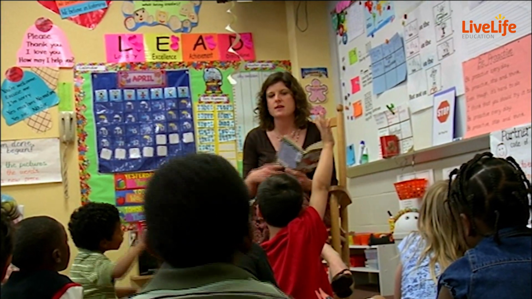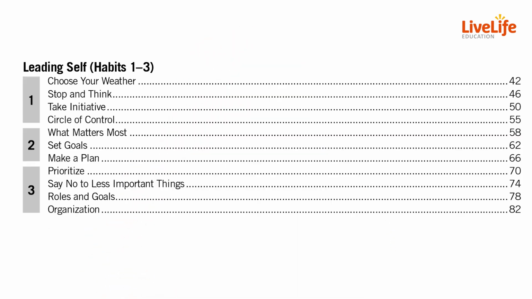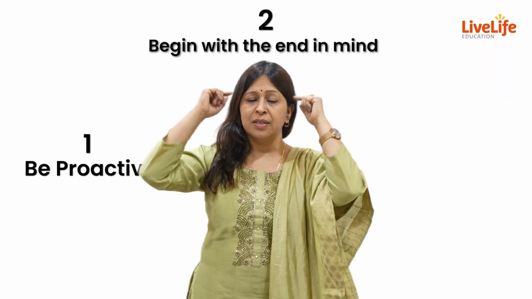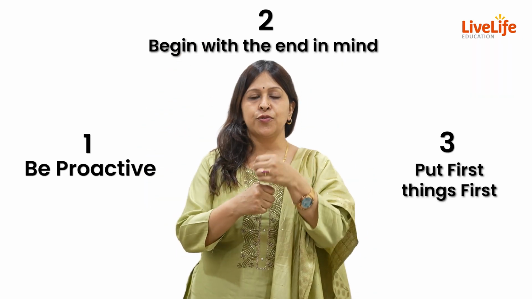Each lesson can be finished easily in an activity form along with lessons, and you can take the initial 20 days to finish these lessons, every day 10 minutes. This having completed, you can then move to the first part of the lessons, which is leading self. This has habit 1, 2 and 3: be proactive, begin with the end in mind, and put first things first.